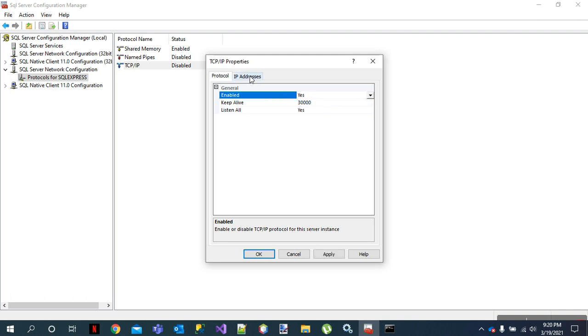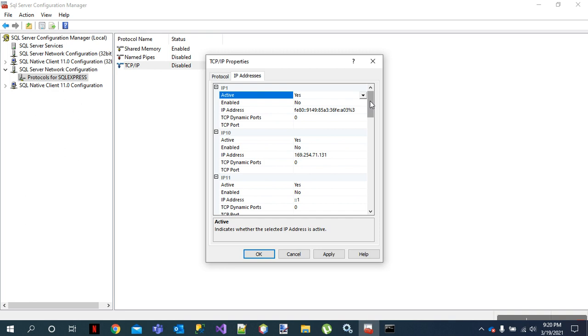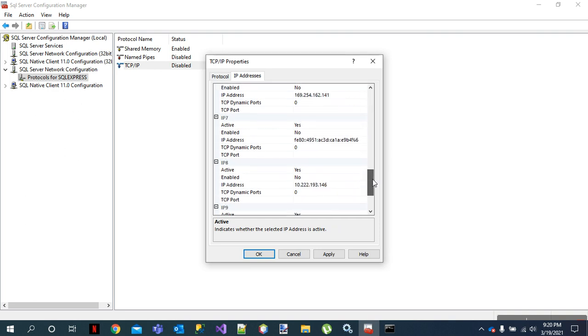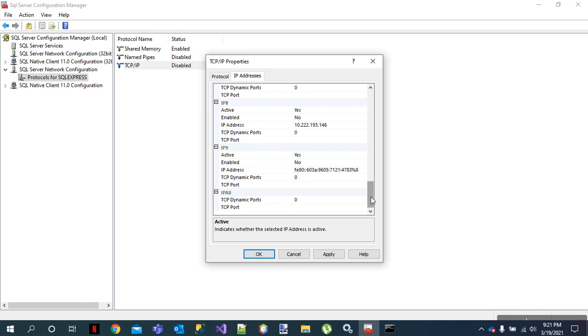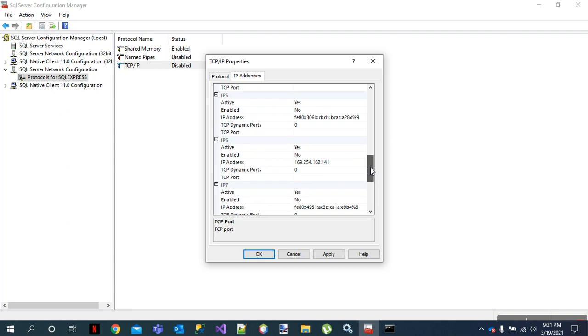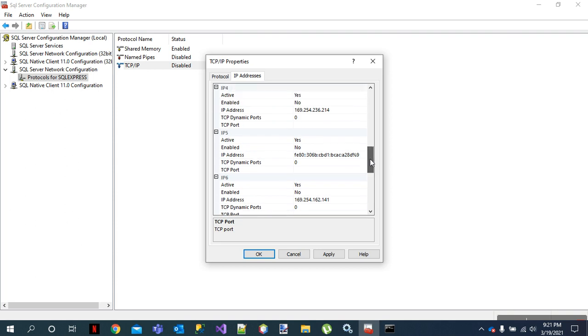Then you move to IP addresses. And on IP addresses, don't worry much. I've seen most people will come change IP addresses here. I don't want to change IP addresses because my machine will have a different IP address each day. But if you know your machine is set up on a static IP address, you might want to go change here on IPv4 or on all IP, here on IPv4, and put that IP address we copied, right?